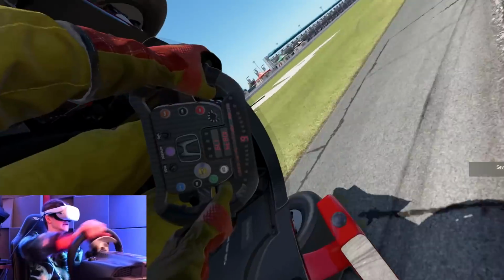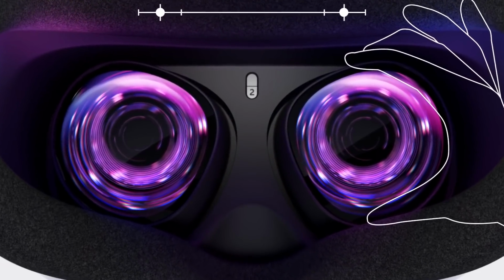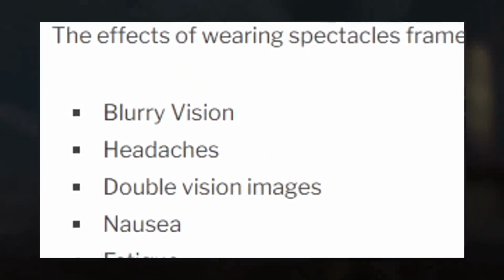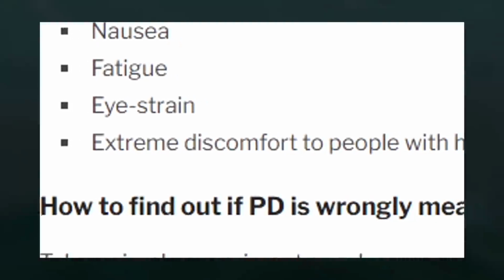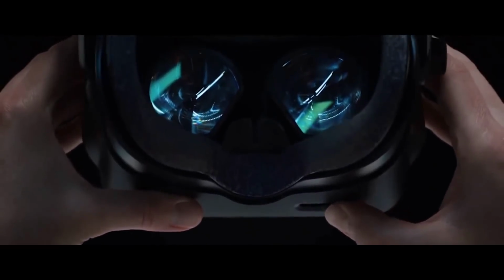as having an incorrect IPD, unless you happen to, by some act of Lord Zuckerberg, have the exact IPD measurement that these 3 settings provide, and using it for long enough can eventually cause any of the following: blurry vision, headaches, double vision images, nausea, fatigue, eye strain, extreme discomfort to people with hyperopia, astigmatism, and prism effect. It really frustrates me that Facebook and Oculus just cheaped out on such a crucial feature that directly affects users'